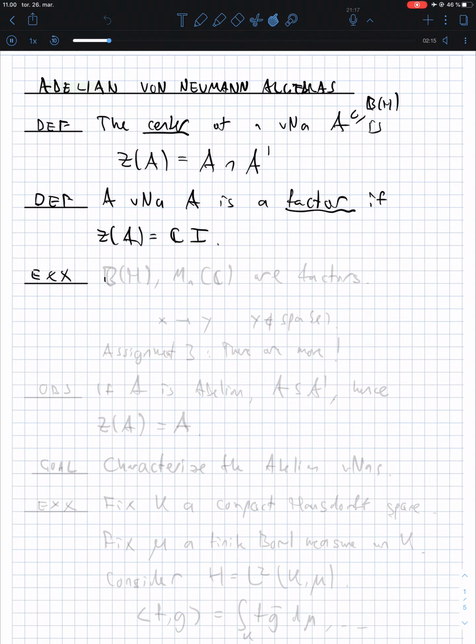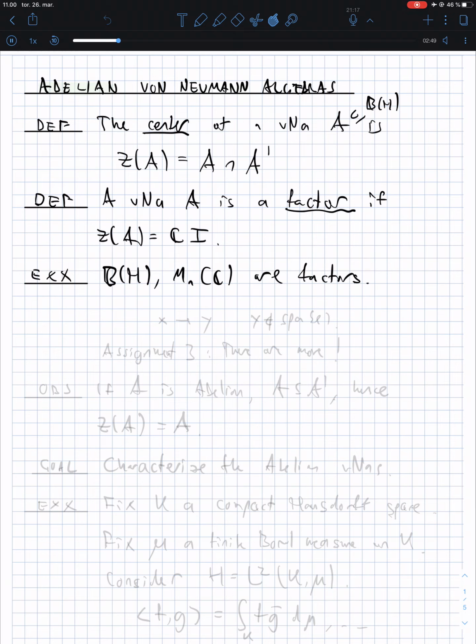And of course, there are some important examples. B(H) and the n by n matrices are factors. When I'm talking about the n by n matrices, I'm really thinking about that as the bounded operators on an n-dimensional Hilbert space. And the reason why these will give you factors is that it's very difficult to commute with all the operators on a Hilbert space, even a finite dimensional Hilbert space,